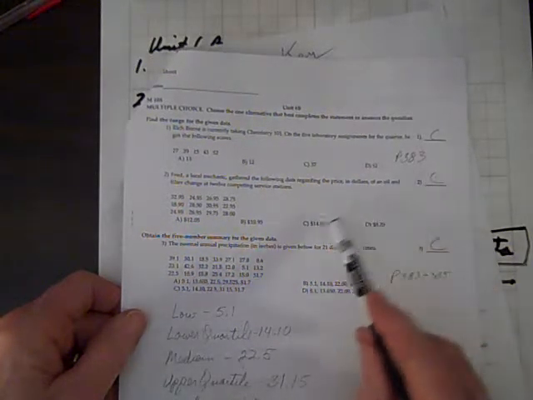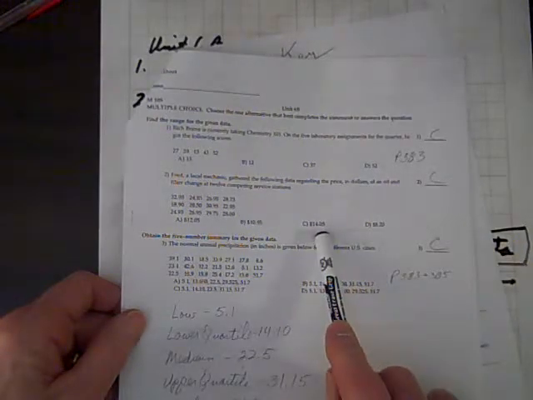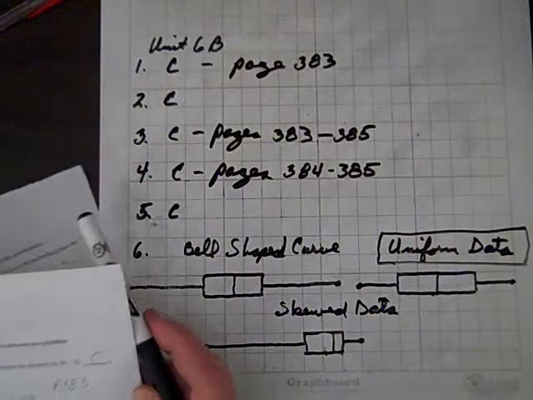For 2, when you go ahead and find the difference between the largest value and the smallest value, you will come up with the difference of $14.05, and that again is C. Now for 3,